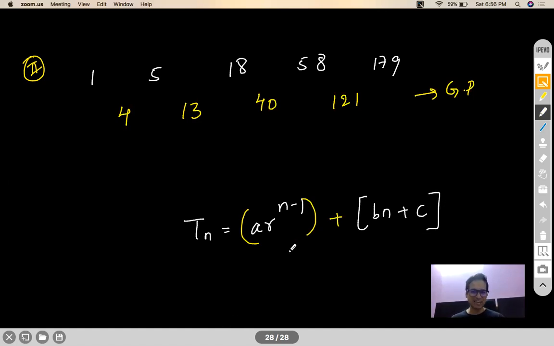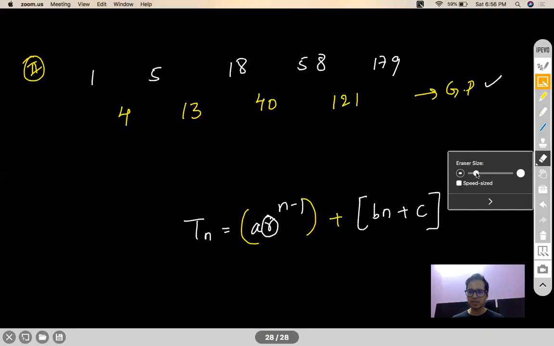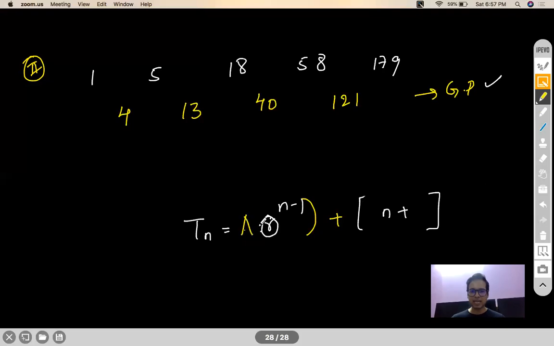Okay, are you getting my point? If the first difference is a GP, then apart from a r, what is r here? You'll ask. R will be the common ratio of this GP which is getting formed over here. A, B, C will be unknown, so let me write them as capital A, capital B, capital C. And don't get confused, this capital A is not the first term. No, this capital A is not 4. It is some constant, A, B, C, which we'll find out later on. Are you getting the point?